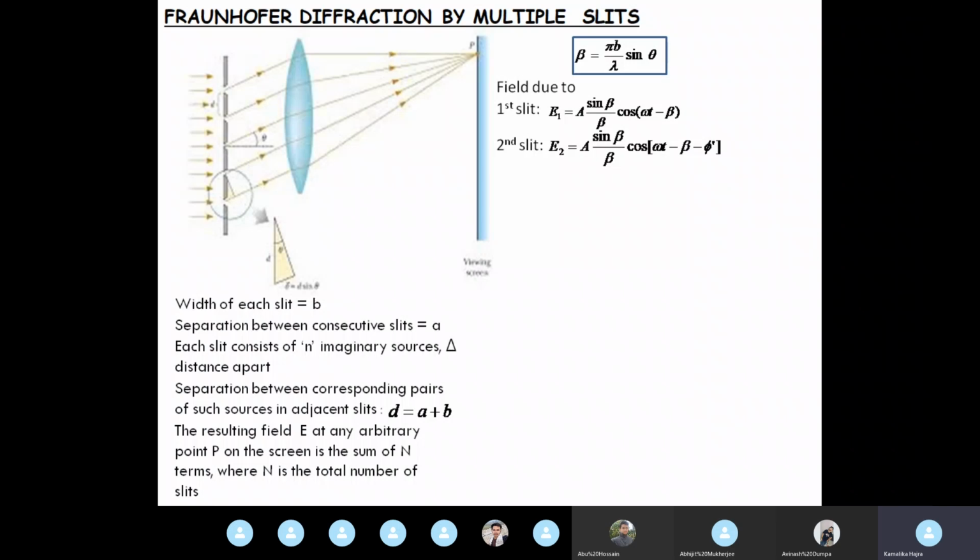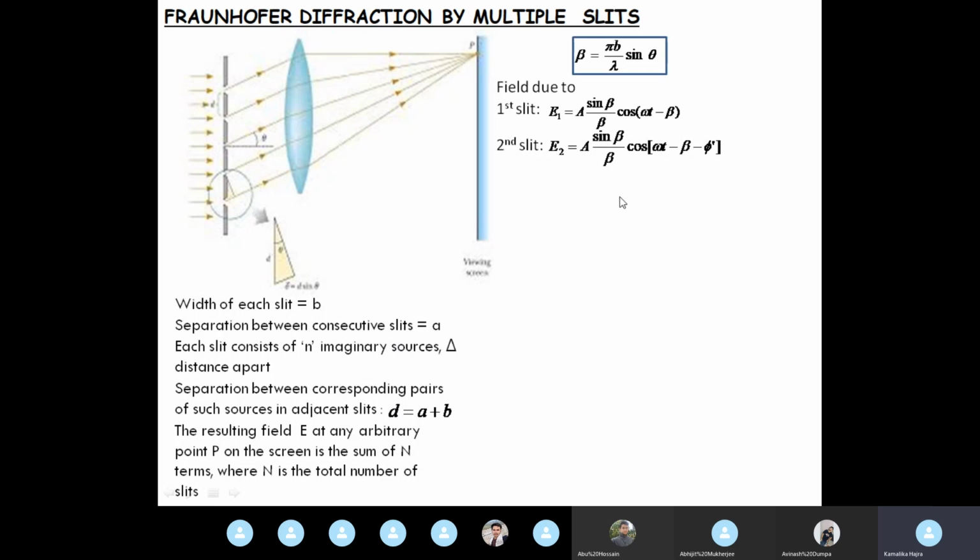From the second slit, if we consider the field to be E2, then this will be A sin β/β cos(ωt − β − φ'). Remember, till here it's what we have already done in our double slit diffraction discussion. Remember, the field from the second slit was at a phase φ' behind the field from the first slit,